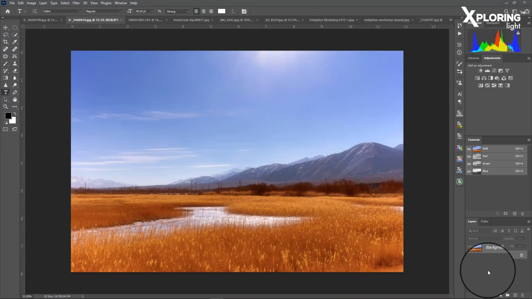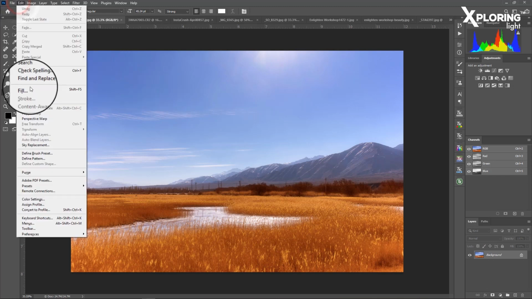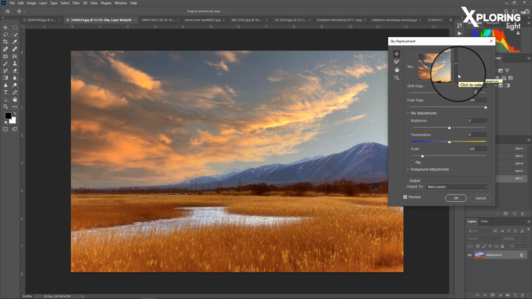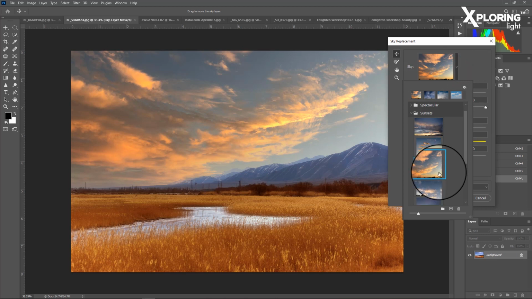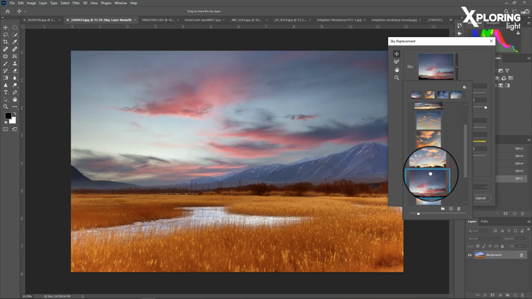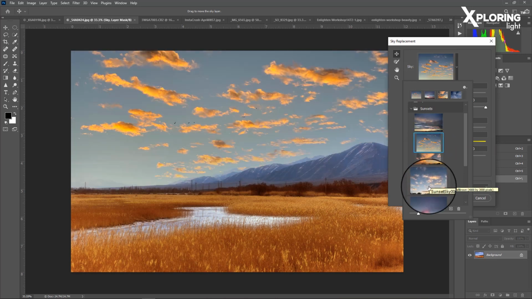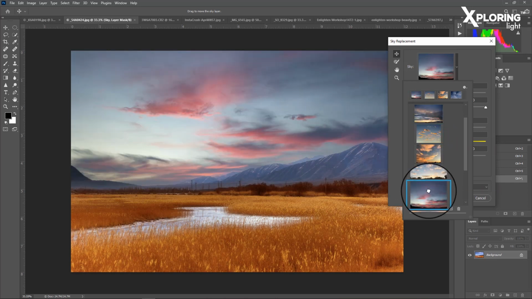As you can see, this is one landscape image which is from Ladakh. Again, I'll go to Edit and go to Sky Replacement. It again gives me some options I can choose. Now this looks okay, but let me choose different options. Maybe this. Yeah, this looks more real. Or I can even check this. This is exciting, but I think I'll go with this particular option only.